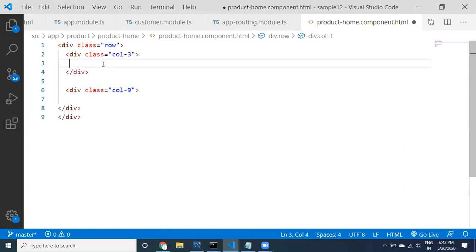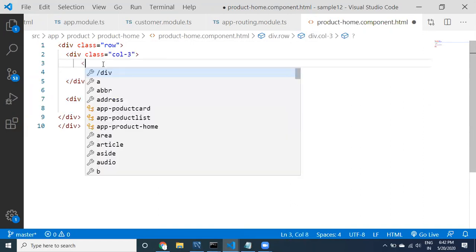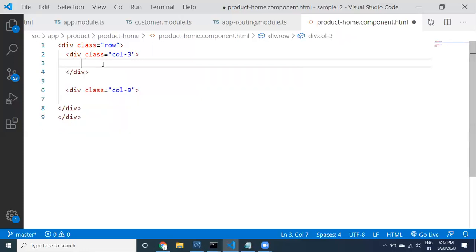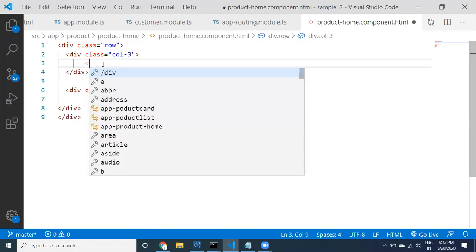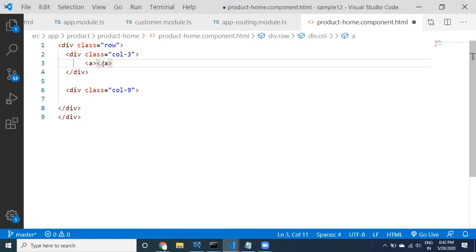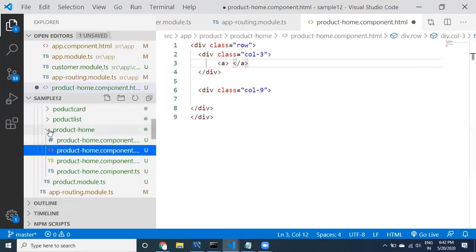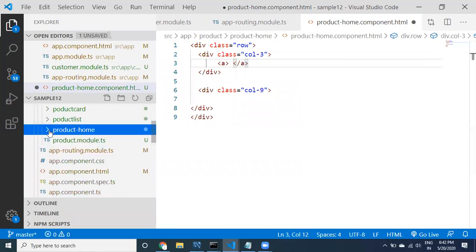Here I want to provide the links. I really want to display the links. To display the links, you may take anchor tags here initially.